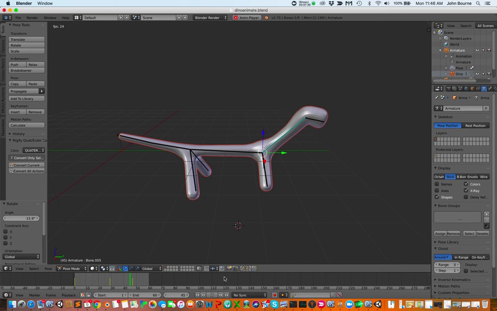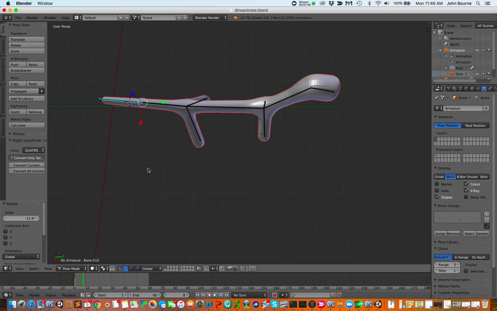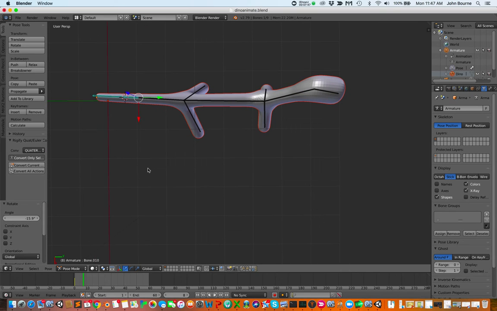But let me stop it. Now the question is, what about the rest of these bones? Well, there's that one. Let me click it. I want it to look like it's wagging its tail. Maybe I'll go side to side with this bone and say start it wagging back here, and it'll rotate over to when it's down, it'll rotate in one direction. So let me see. If I say about there, and I move this bone over to here,